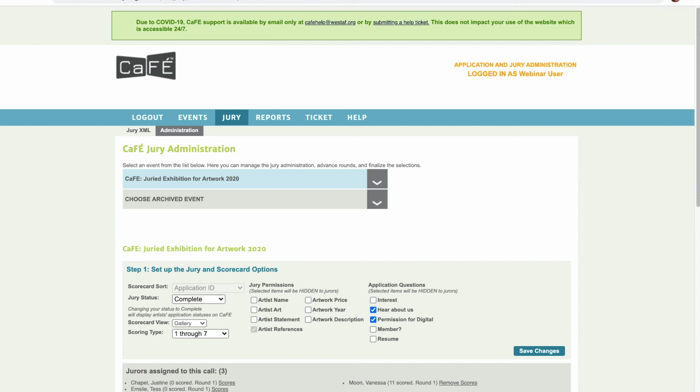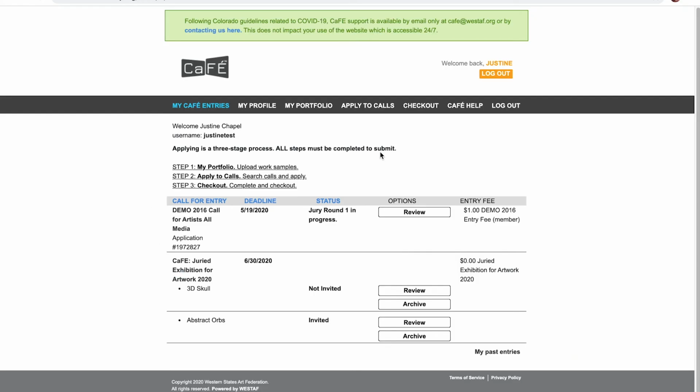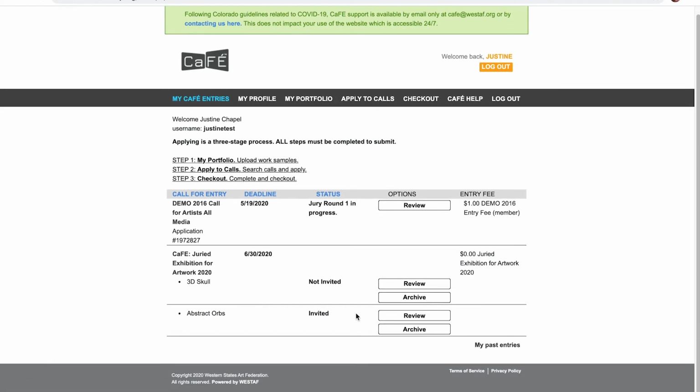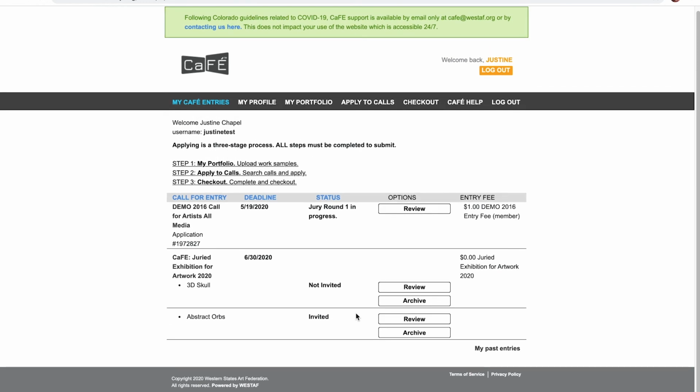And just so you know, since I'm here, this is the demo artist page again, and this is the option to archive. Obviously, this one up here is still in progress and you can't archive it, but artists usually have tons and tons of entries on this page, and archiving them allows them to keep this page nice and clean. They can view their past entries separately, and it just makes for a better experience for them. That's why you might see artists emailing you, asking you to set it so that they can archive their entries. And that's what that means.